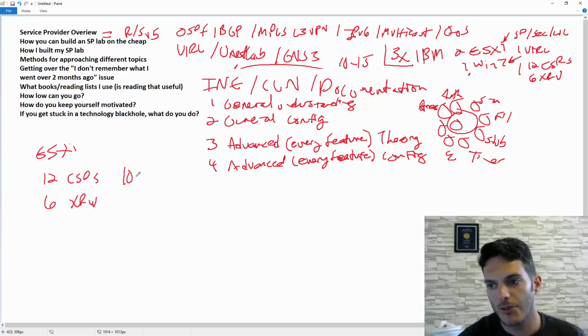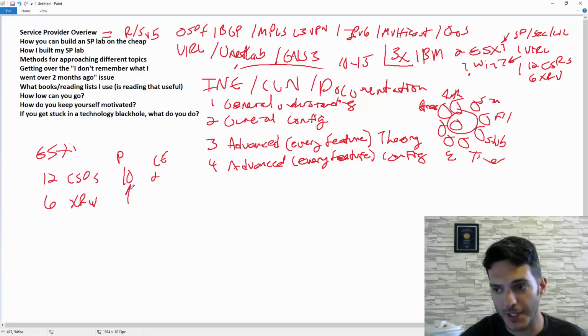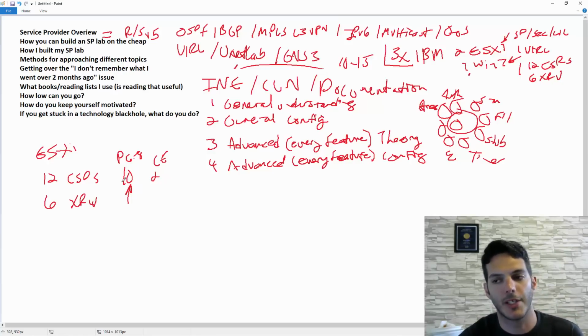The 10 CSRs are provider specific, and 2 are CE devices, right? Probably 6 to 8 of them are running embedded packet capture, so I'm able to take any of the information, layer 2 stuff, layer 3 stuff, whatever, and export it to a computer and run